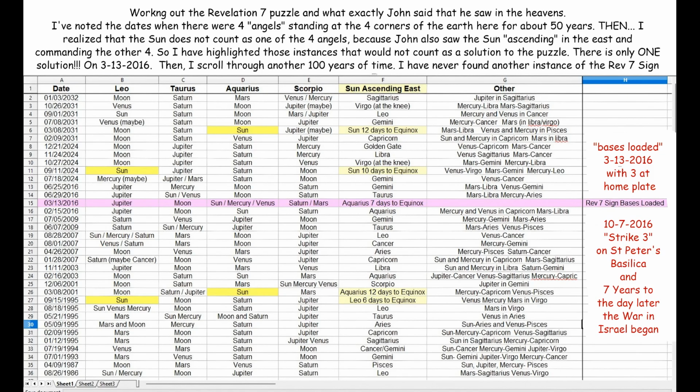And as you can see, I've marked down all the dates and years, spanning from the year 2032 all the way back to 1986. I feel I was very thorough in what I was doing here, and you can even see a lot of maybes in parentheses, because it was a little questionable as to which constellation the planets were really in.